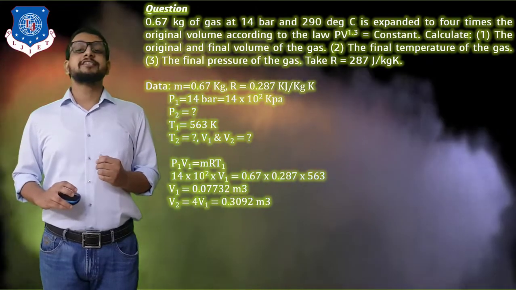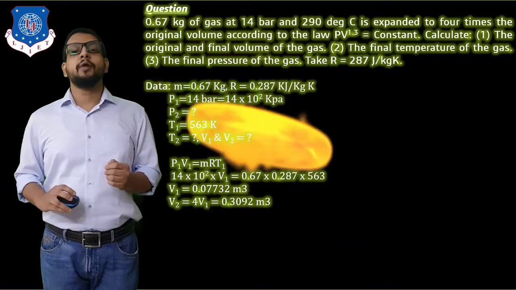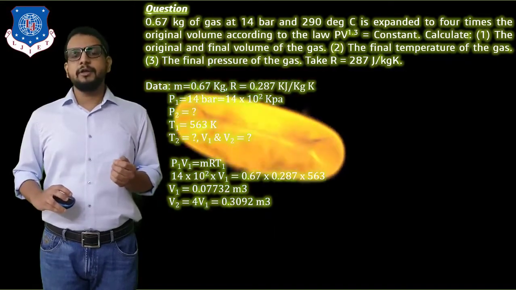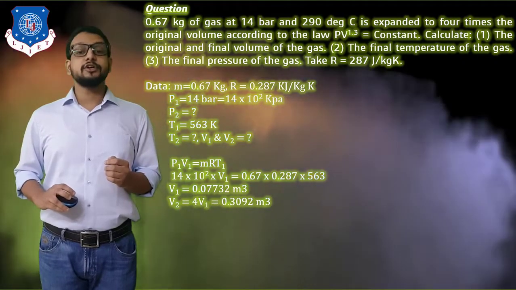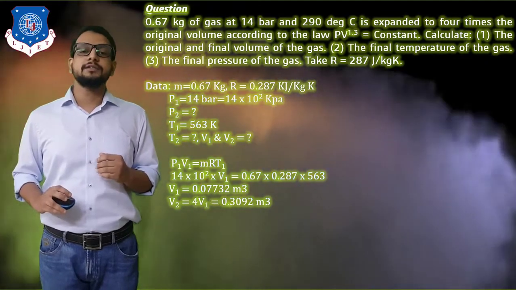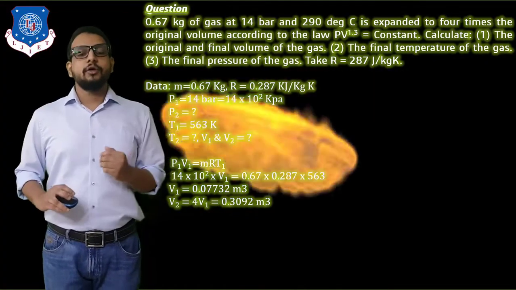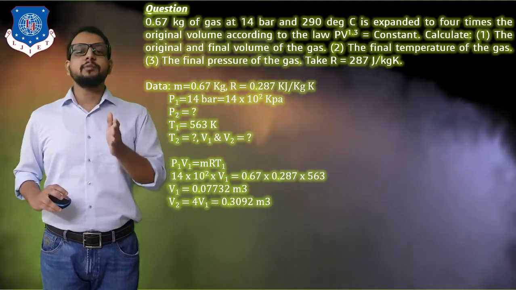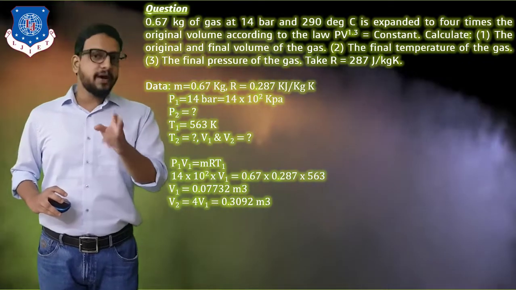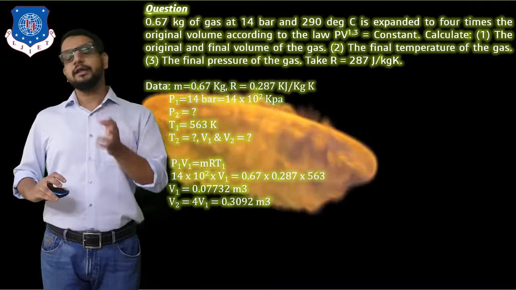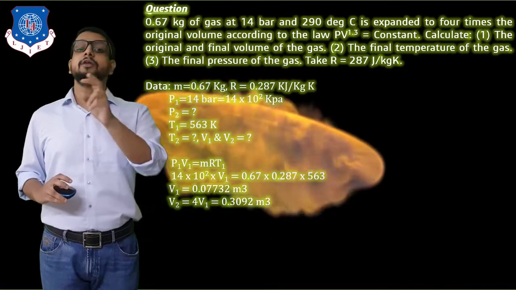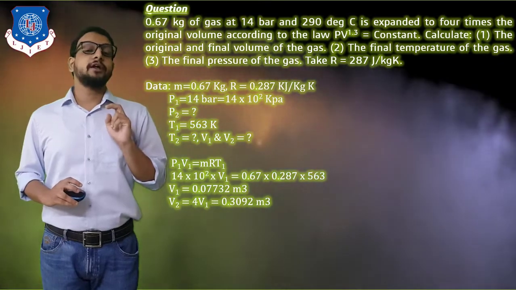So we are going to use characteristic gas equation, that is PV is equal to mRT. Now see carefully the equation. We can clearly see that P1 is given, mass is also given, R is given, and T1 is also given. So we can determine the unknown, that is volume V1. Okay, so before substituting, keep this in mind that if you take R in joule, then you need to take pressure in pascal, and if you take R in kilojoule, then you need to take pressure in kilopascal. Okay, so I am taking R in kilojoule, so corresponding pressure I have taken in kilopascal.